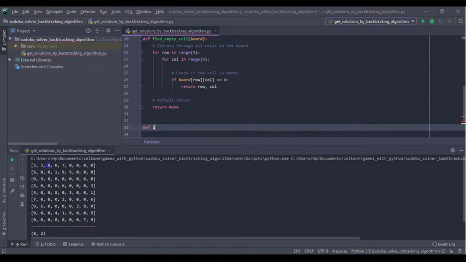So let's define a function called isValid, and what it's going to do is take in the board, and then it's also going to take in the row and the column, which is simply the location where we're going to check for the validity, and also the value for which we are going to check if there is any duplicate of that value